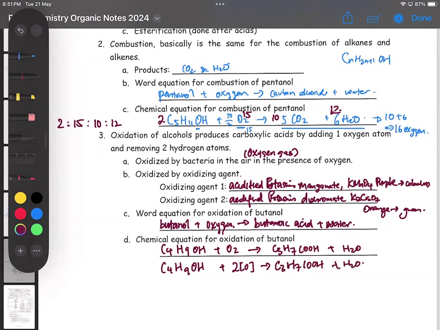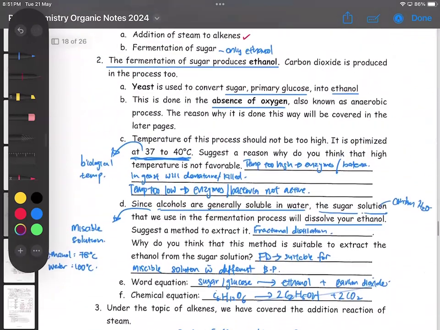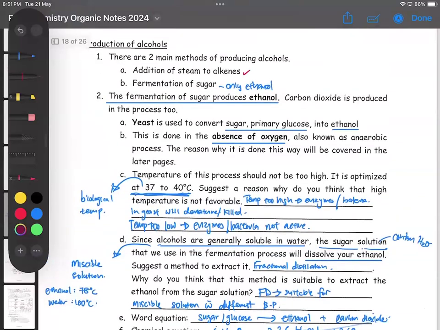Then we'll go back to the previous page, answering why oxygen cannot be present during the fermentation process. Now it should make total sense, because when you undergo fermentation with oxygen present, as we can see in point number 3, your ethanol produced may get oxidized. It may get oxidized to form ethanoic acid. So let's go back to why oxygen must be removed during the reaction, because the presence of oxygen